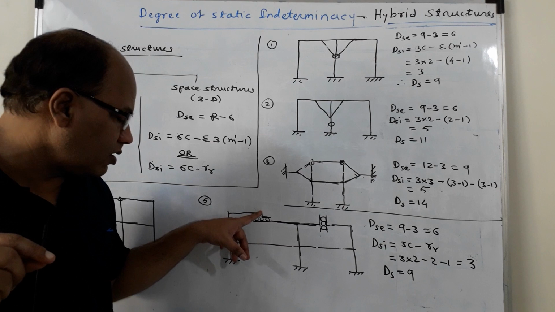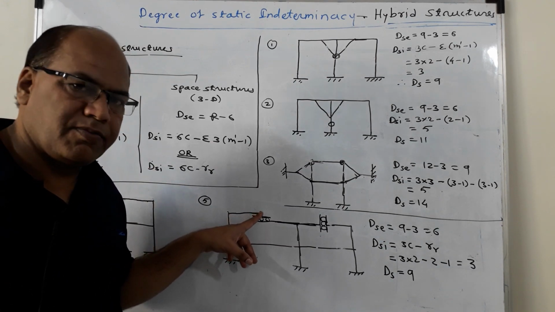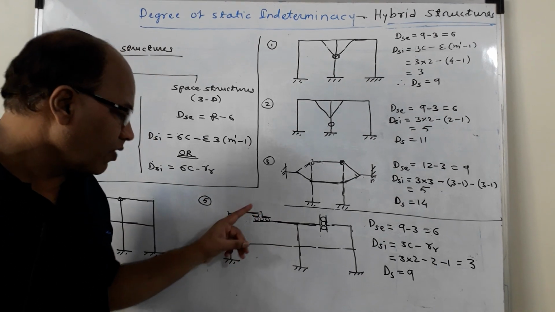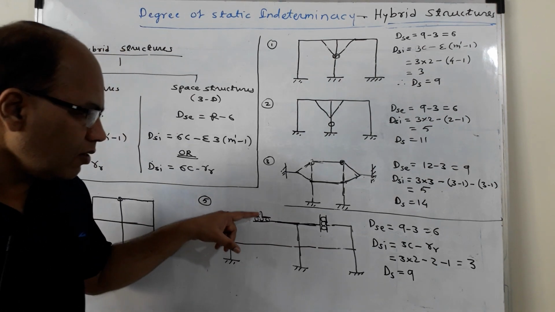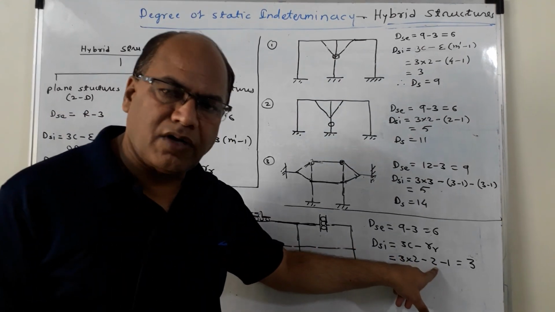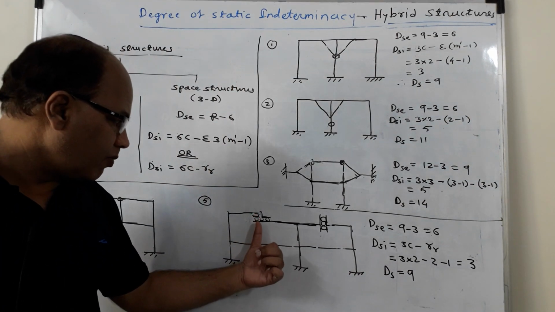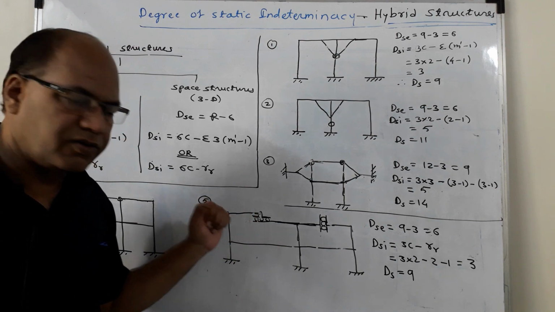Again at this joint the movement will not be resisted. The rotation can take place. So translation is possible, that is movement is possible. At the same time rotation is possible. So two releases. So that is why minus 2 should happen over here. So two internal reaction components are getting released: the horizontal translation and rotation.